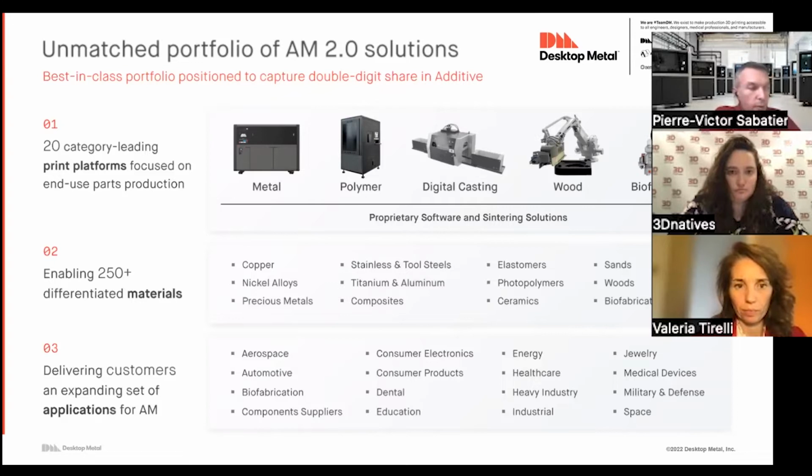And last point, we have also a network of service providers that we work very closely with. And if a customer comes to us and looks for a solution that we don't have in our product portfolio, because we understand that there's not a perfect solution for each need, we can still drive the customers and the partners to our service provider network, and for example use DMLS or LPBF solutions when it's the best one for the customer. So we can go to the next slide.